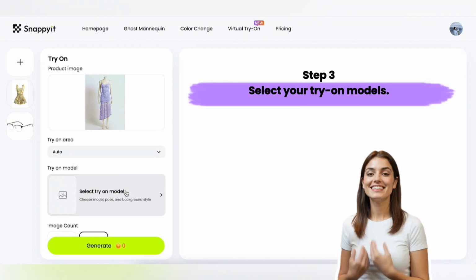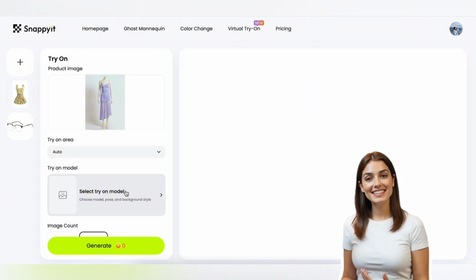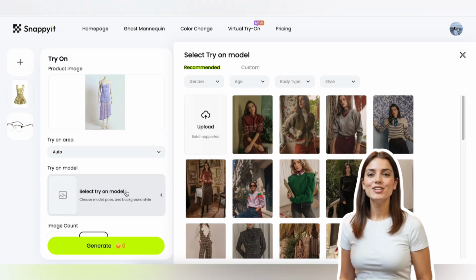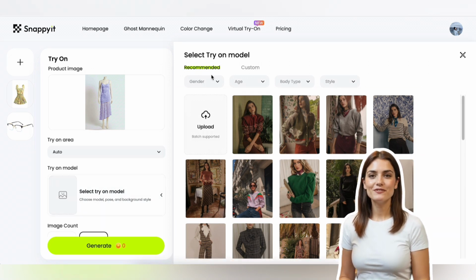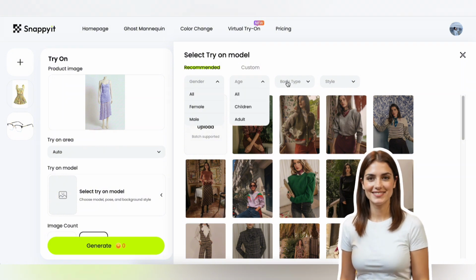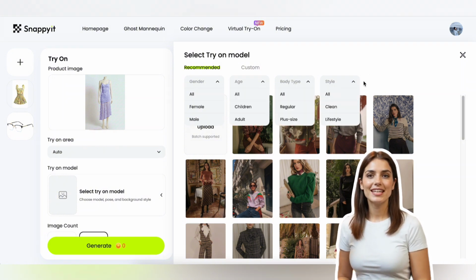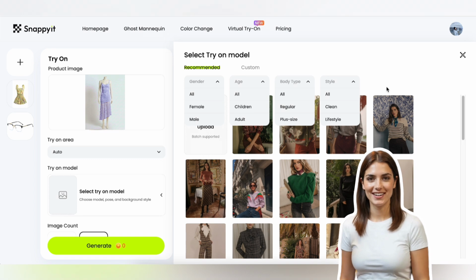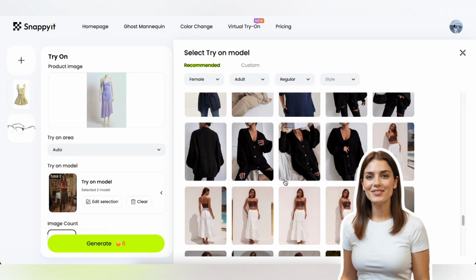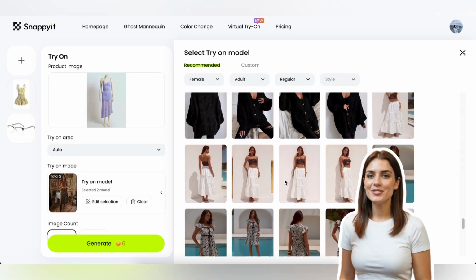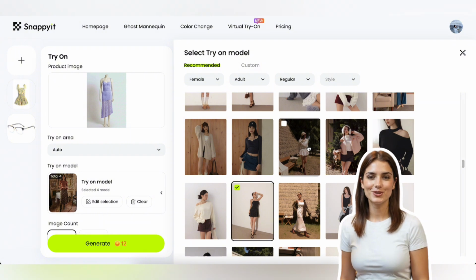Step 3, select your try-on models. Click Select Try-On Model. You can upload your own custom models or choose from our recommended models. To narrow your selection, you can filter models by gender, age, body type, style. This makes it easy to find models that align with your brand and target audience. You can select multiple models at the same time, allowing you to compare how the same garment looks across different